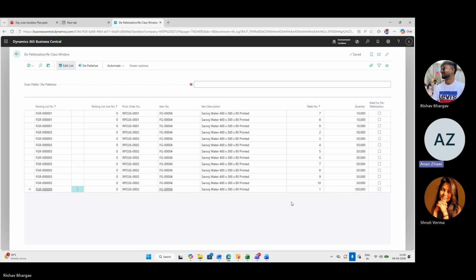Okay, no problem. So now you are going to execute the command regarding the last two pallets, pallet number 9 and pallet number 10. So what's the result?